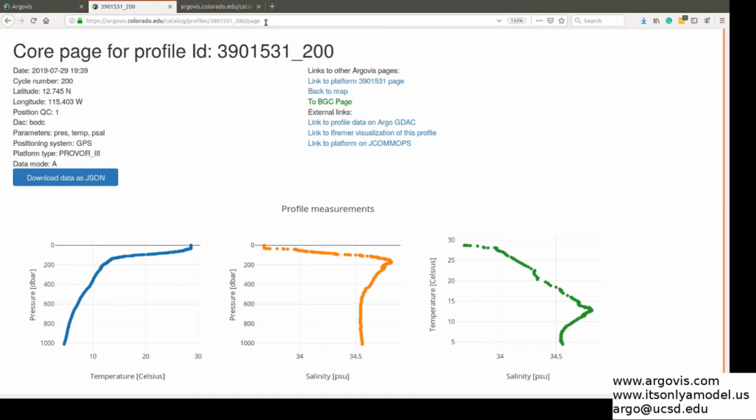Now you know how to select, view, and access profile data. In the next video, we will look at all the profiles bundled together for a single float,